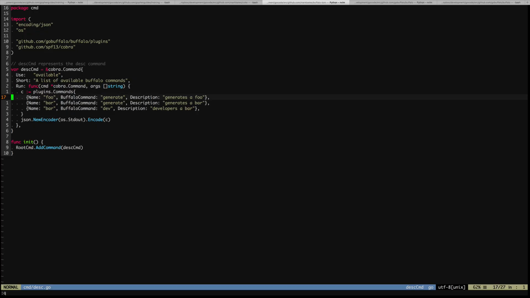I've got one foo, which can be nested under the generate command, a bar, which can be generated under the generate command, and another bar, the same bar, that can be run under the dev command for Buffalo. And so the way it kind of works is similar to other plugin systems where it